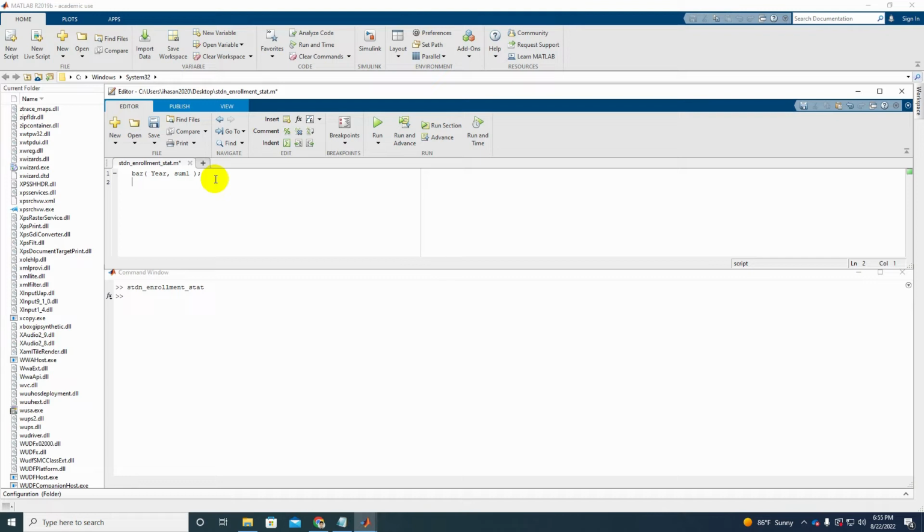If you want to label your bar chart by code, you need to use xlabel and insert the label keyword. Here I'm intending to put year in my x-axis,